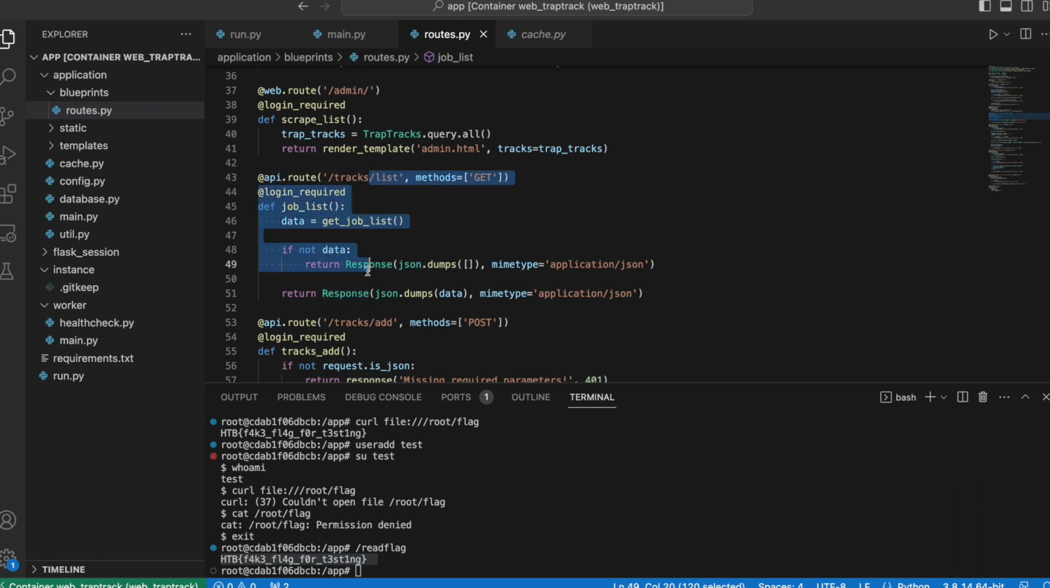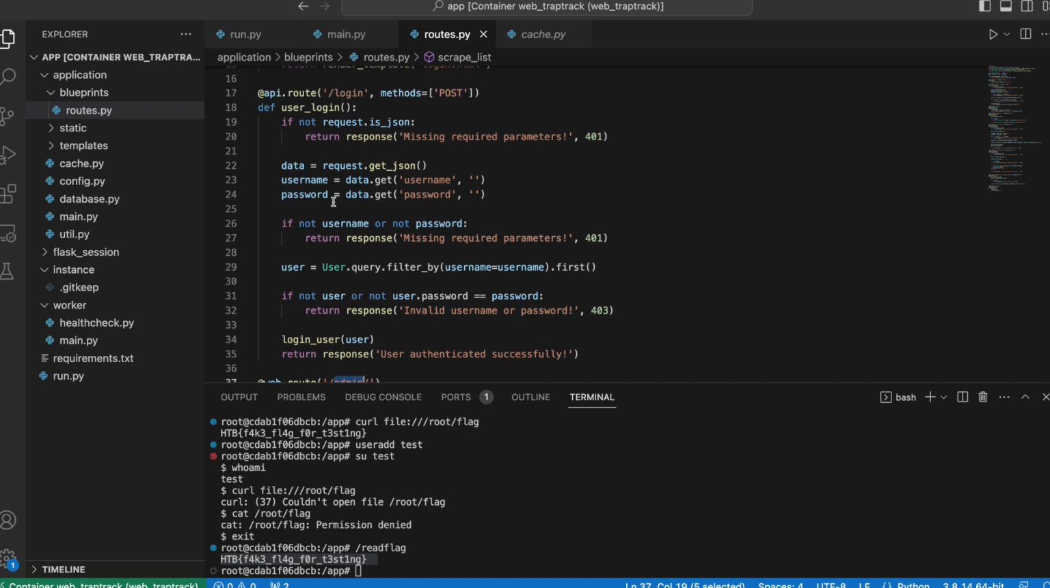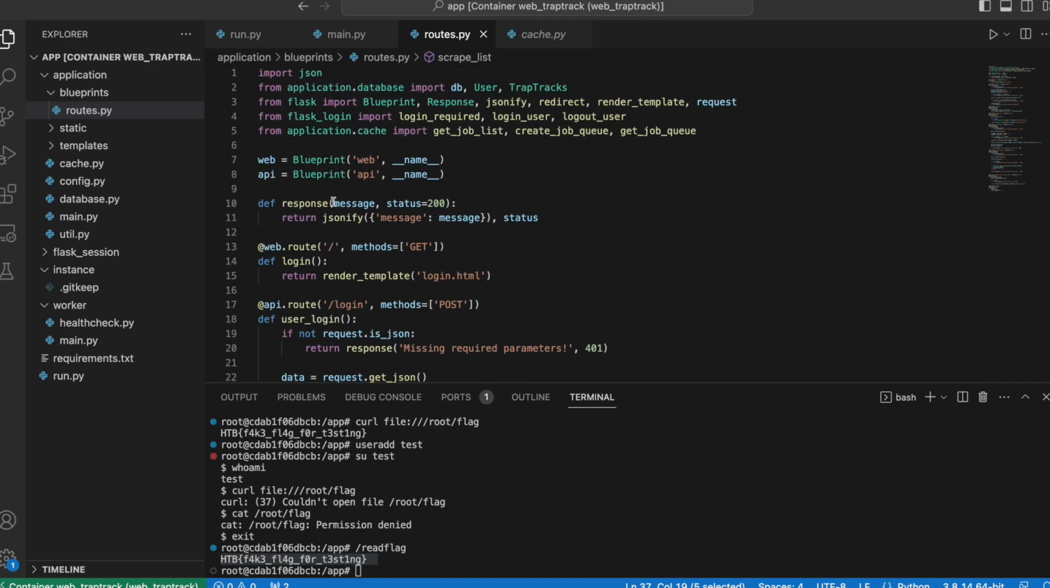Tracks list, so just get a list of tracks. And an admin page is just the web route. So these are all prefixed by API. This is just straight admin. We can go to visit it, log in, and okay. So